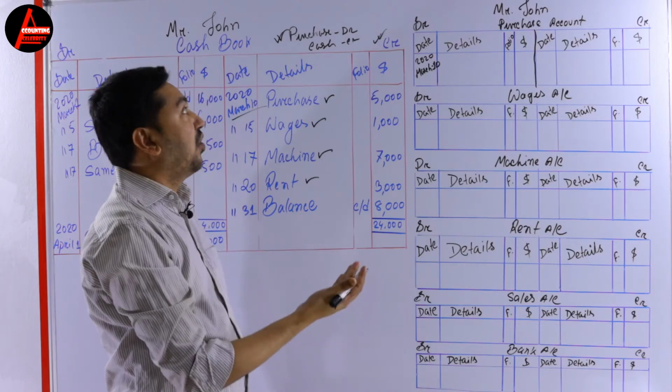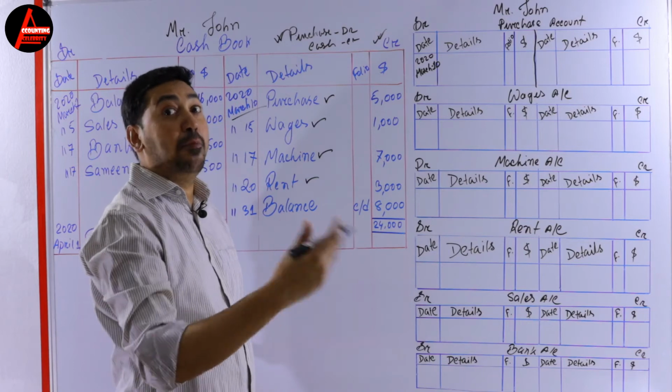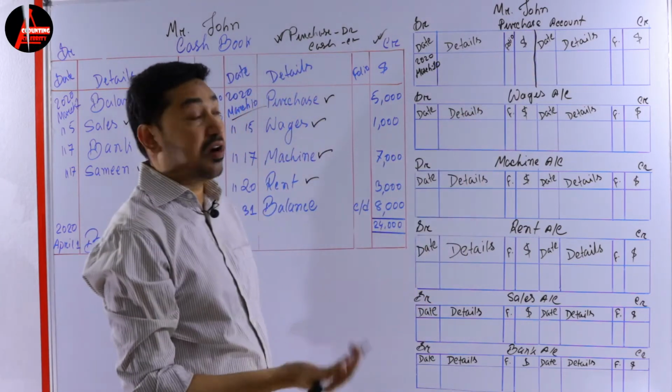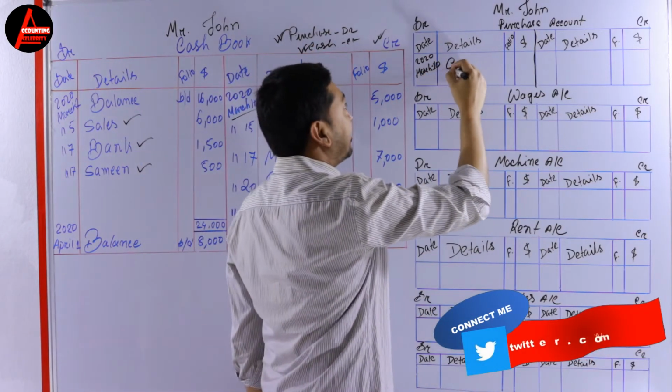Okay, so what to write inside the detail column? In the detail column you have to write the opposite account. You are doing purchase, so what is your opposite account? Your opposite account is cash. So right here